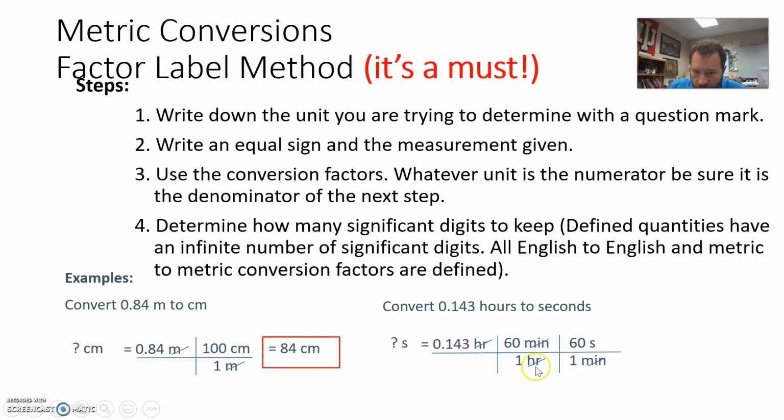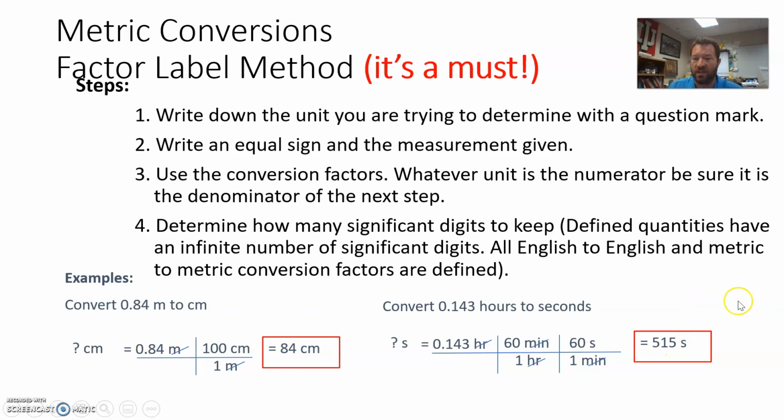If you know the identity property, you don't have to divide the ones. It's not going to change anything. Same if 1 is ever on top. You don't have to multiply the 1. It's not going to change anything. So 0.143 times 60 times 60,